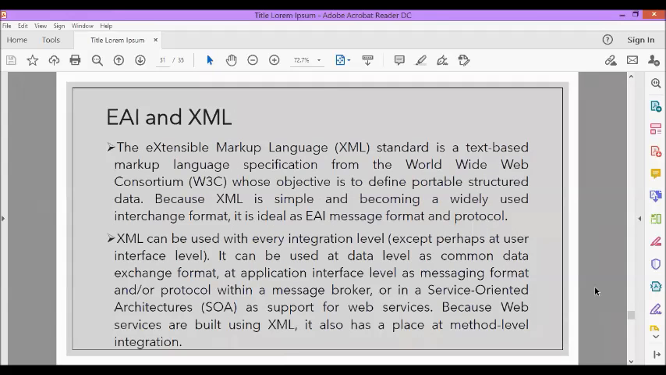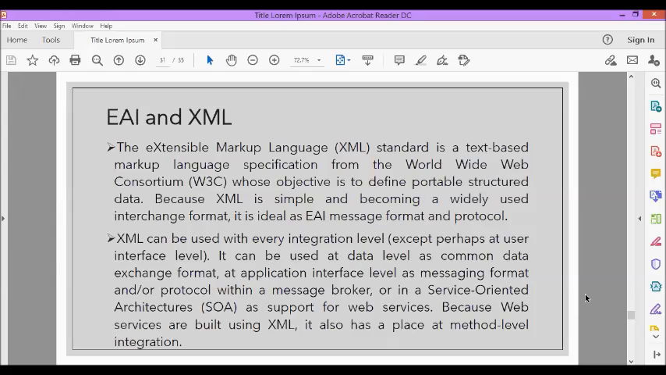Now, how about EAI and XML? The Extensible Markup Language or XML standard is a text-based markup language specification from the World Wide Web Consortium, W3C, whose objective is to define portable structured data. Because XML is simple and becoming a widely used interchange format, it is ideal as EAI message format and protocol. XML can be used with every integration level,